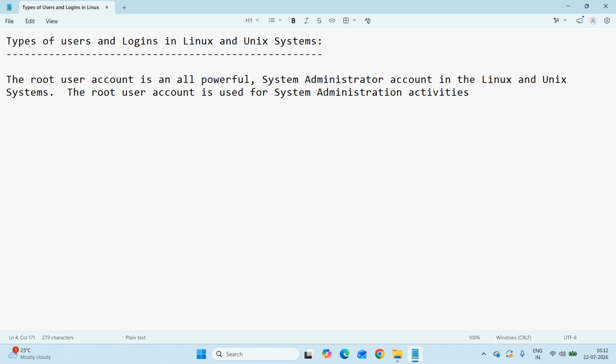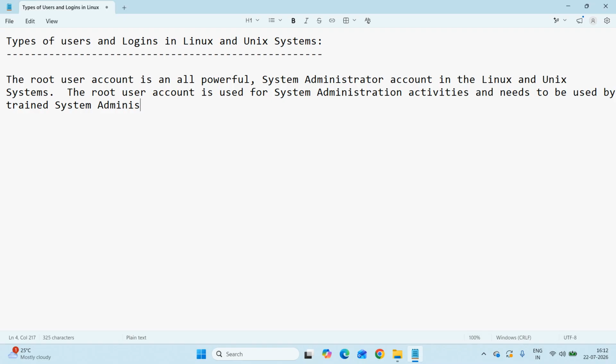Okay, I can write like that also. And needs to be used, I'll repeat this, people. The root user account is used for system administration activities and needs to be used by trained